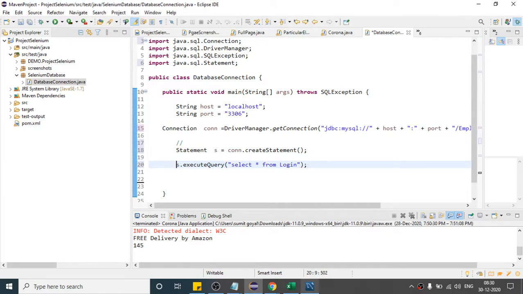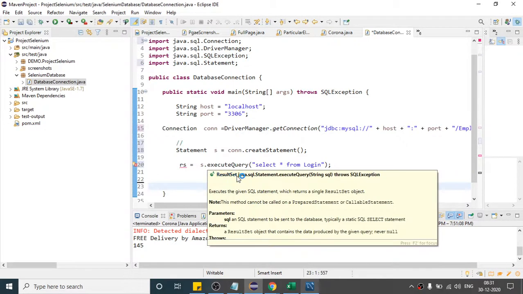So once this line executes, it will get all the data. So you have to catch that in one variable. So if I write rs equals to this, you can give any name. What should be the return type? Basically, in what format it will return the data, you have to catch that in that type of variable only, right? If this method returns the data in the form of a string, you have to write a string here, but let us see what data type it will return.